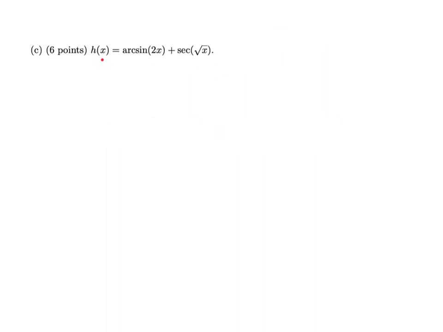In part C, to take the derivative of h, here we have two compositions. So because of the compositions, we actually have to use the chain rule on both parts. And before taking the derivative, I'll note that instead of the square root of x, I'm really thinking x to the 1/2 power. So to take the derivative of h prime of x, this is equal to the derivative of